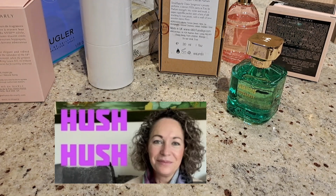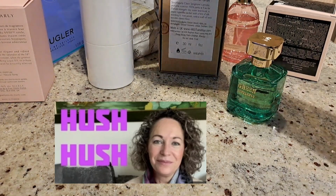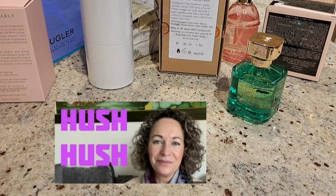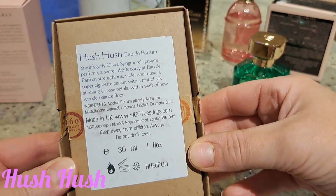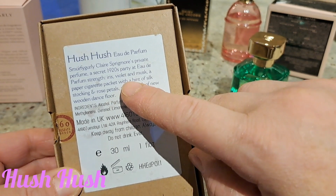And the collaboration was with 4160 Tuesday, so it's a London-based perfume company. And what I love about 4160 Tuesday is that they're really good at making quirky, whimsical, quite evocative fragrances. This is what Claire has done with Hush Hush. This is the name of her fragrance, and I like that there's a description here, very much inspired by the